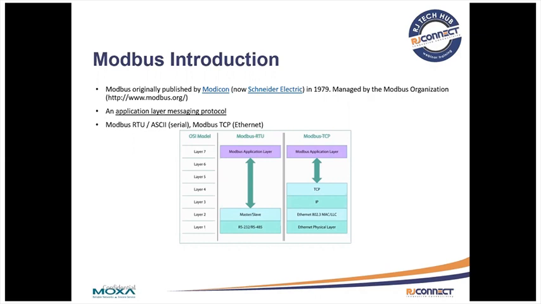It's now managed by the Modbus organization, and it's an application layer messaging protocol. Now, what this means is, if you look at the Open Systems Interconnect model, or OSI model, you'll see that we use 7 layers to represent communication. So on the first layer, that would